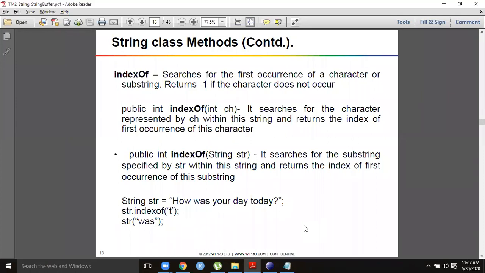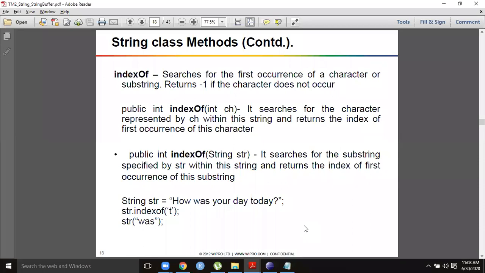In lastIndexOf, is L capital? No. The second word, Index, I is capital, and the third word, Of, O is capital. Here also in indexOf, I is not capital, O is capital.